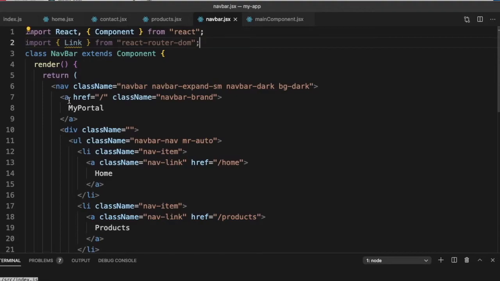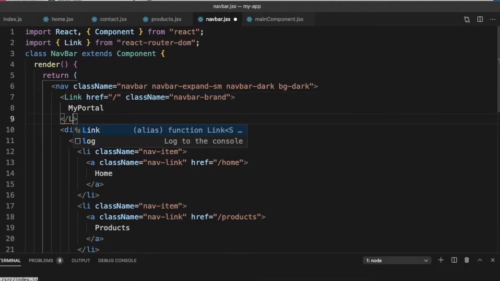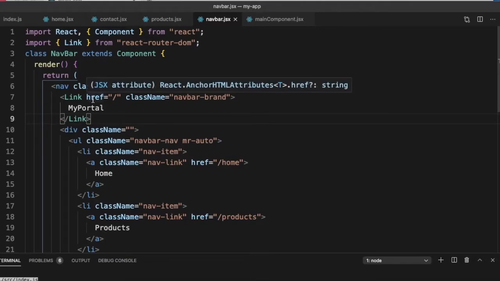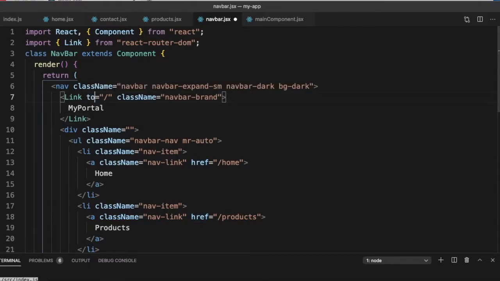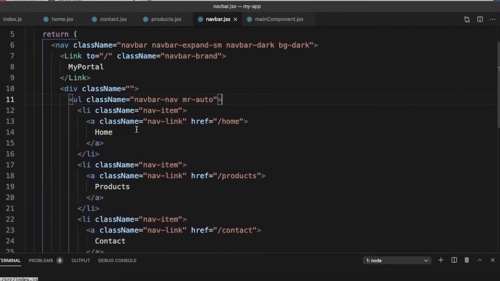And what we will do is just replace this with a Link. When we replace it with a Link, href is not a property of the Link. We replace it with to. So that's the change we want to do. So let's do it for the others.